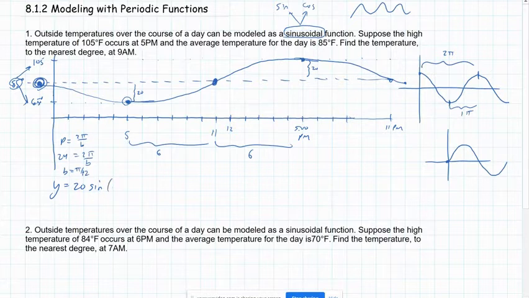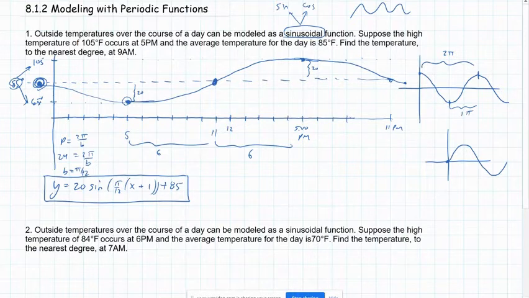And so we're going to have pi over 12 x plus 1, because it was shifted left 1 hour. And then the midline is at 85, so it's up 85. So that's one possible way to write the equation of this